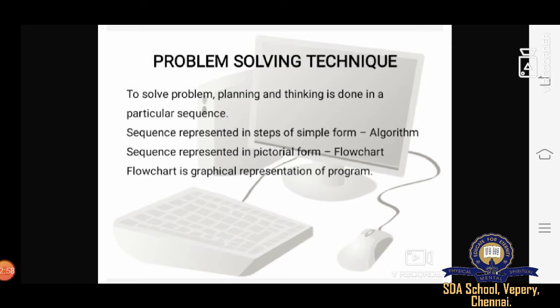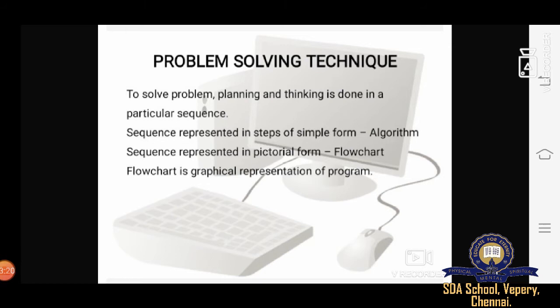When we write down this sequence in steps in a simple form, it is called an algorithm. And when the same is put down in a pictorial form, it is called a flowchart. A flowchart is a graphical representation of a program.